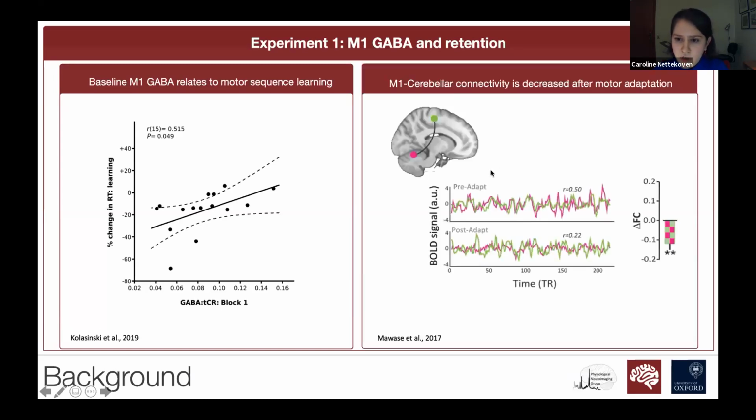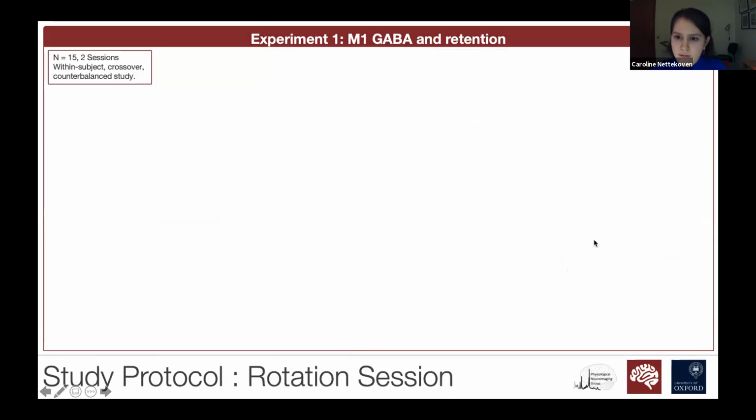And then secondly, it's been shown that functional connectivity between left M1 and the right cerebellum changes after performing an adaptation task. So specifically, the activity in left M1 and right cerebellum becomes less synchronized. So here you can see pre and then post. So there's a decrease in the connectivity. So then we also wanted to test whether retention would correlate with the change in connectivity between left M1 and right cerebellum. So in order to test this, we had 15 healthy right-handed participants attend 2 MRI sessions